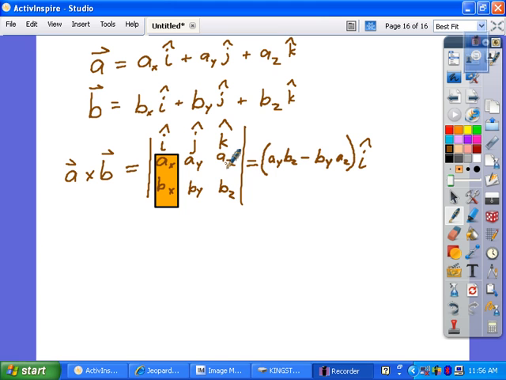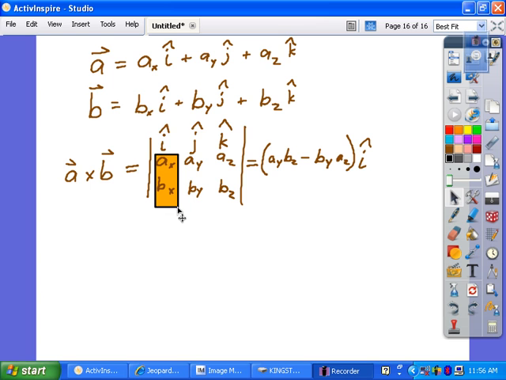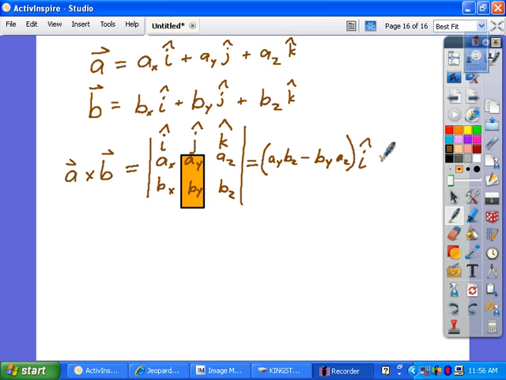All right. So now that we have that, let me see if I can select this to delete it. Oh, here, I'll do it like this. Once we're done there, we're covering up the column that involves the j hat. Everything's going to be a plus in between here. Or, I'm sorry, it's plus, minus, plus. So for the next one here, it's cross. So AX BZ